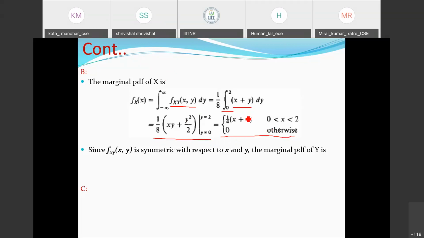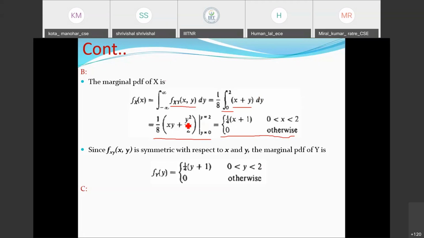And one important point is, as the symmetry exists in case of joint PDF here, because the function nature is same here, as well as our integration limit is also same in case of x as well as y both, because the variation in x and y both is 0 to 2 only here. So we could take the advantage of these two and we could find out what will be the value of marginal PDF in case of y here.